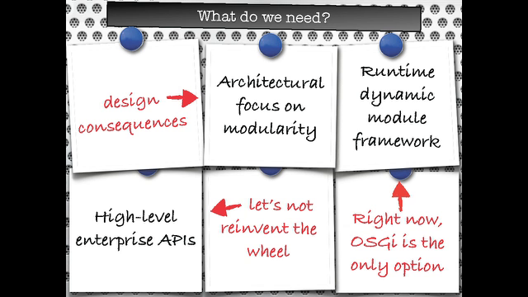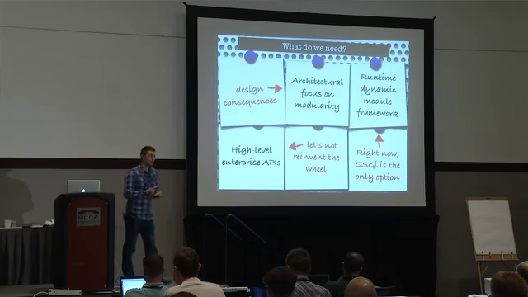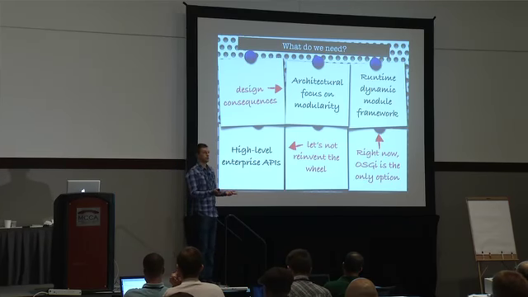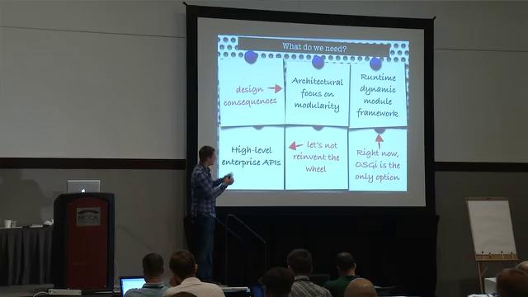Besides that, if you also want to have runtime dynamics to do everything like we want to do, then we need some kind of runtime which understands modularity. And at this moment, OSGi is probably the only option to use for real. There are a few other things coming. First of all, we have Jigsaw, which is coming in Java 8. And Jigsaw is more or less something that looks like OSGi. Not quite, but it at least solves the same problems more or less.